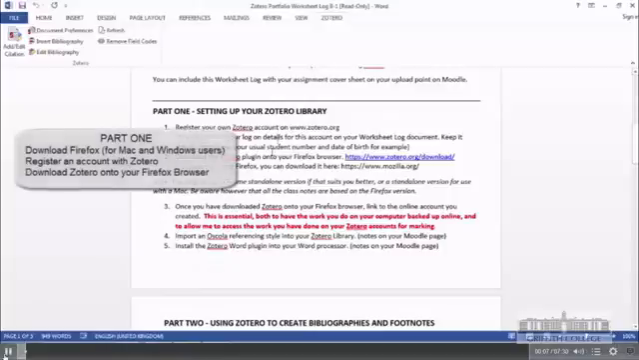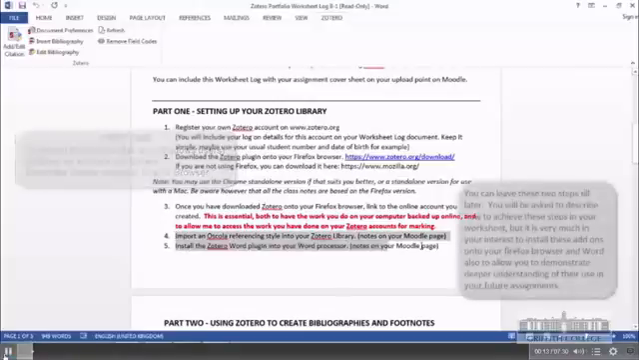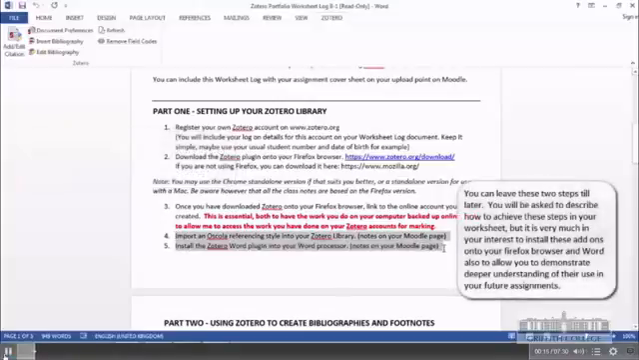Okay. So part 1, downloading Firefox. I want you to register your account with Zotero. That's how I'm going to mark you, is logging into that and go into your Firefox browser. Okay, that's fairly straightforward. Looking here though, 4 and 5,